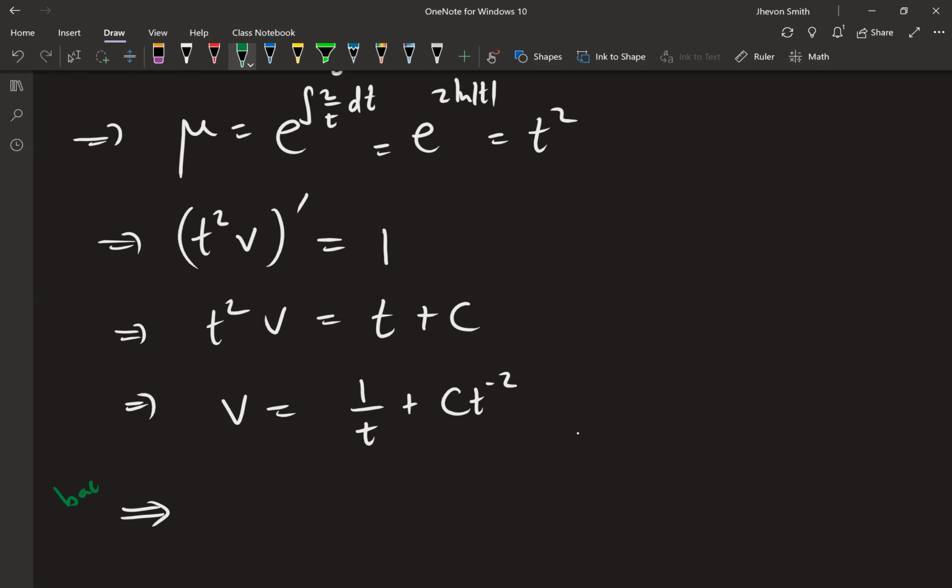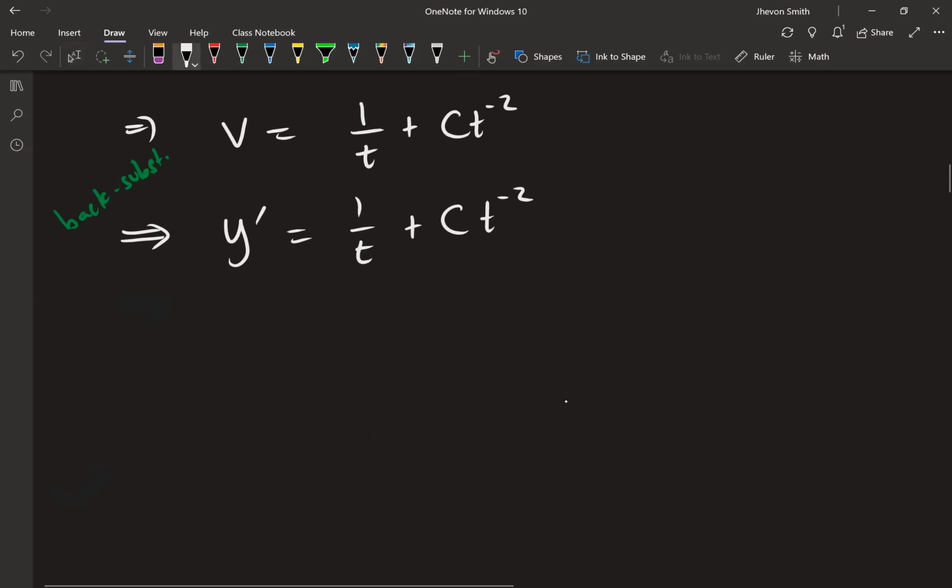So here's what I'm talking about when I say back substitution. I'm going to introduce the y back. So the v was y prime. So now I have y prime is equal to this. And so now,